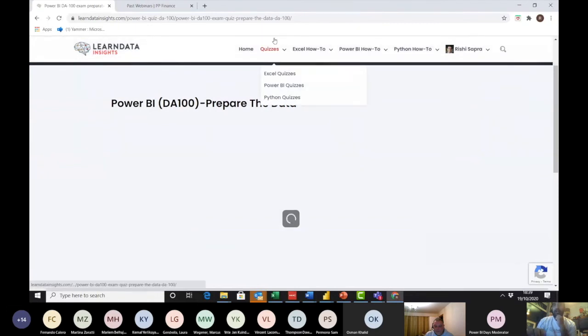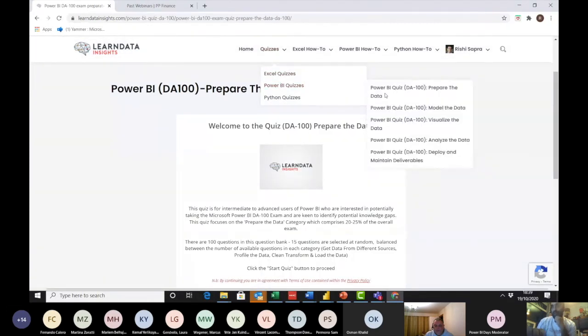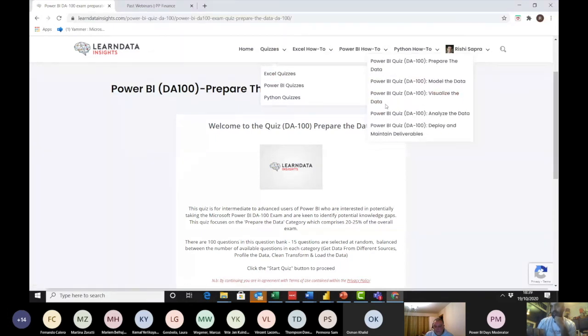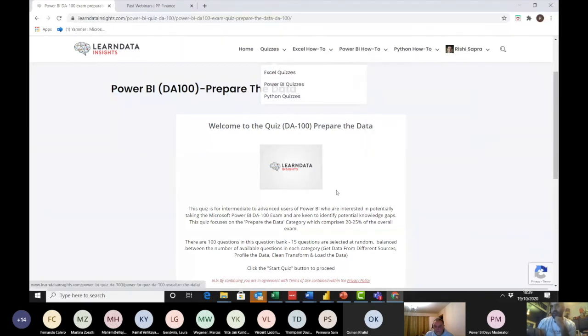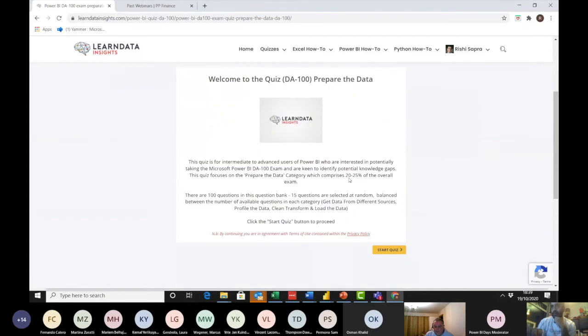And each question bank for each of these quizzes is broken down into the modules of the exam. So prepare the data, model, visualize. So this is prepare the data. It says it's 20-25% of the overall exam, and there's 100 questions in the bank, and each quiz attempt is